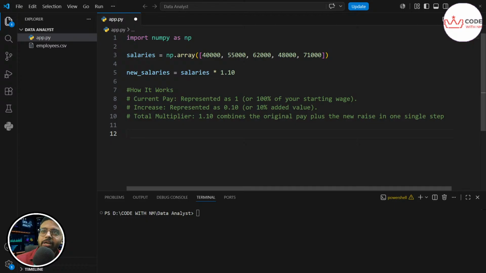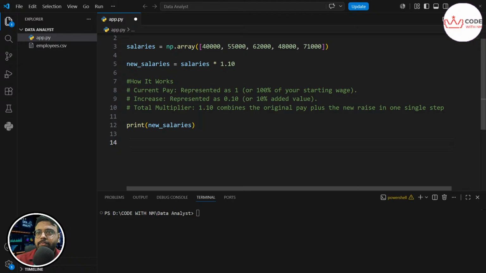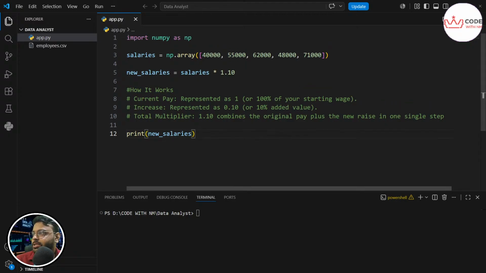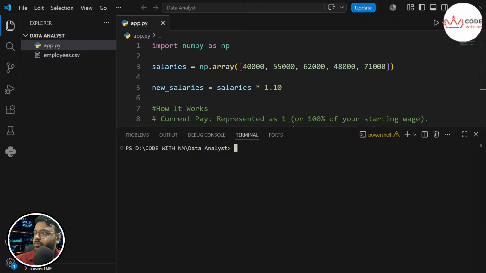Okay, let's continue the code. This is the raise we have already given. Let's print the new salary and see how much the salary will increase after 10%, from 40,000 or 50,000, 62,000, etc. Let me zoom in a bit before executing.